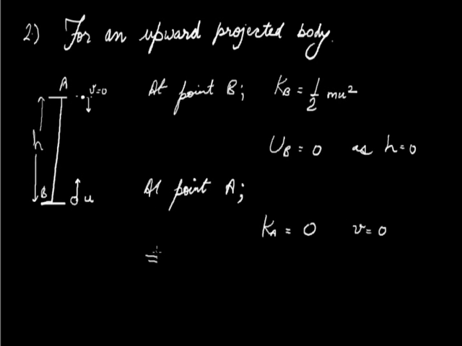Now what about the potential energy? It should be equivalent to mgh. So we write Ub equals mgh. For the value of h, we have to consider the third equation again. The final velocity: v squared equals u squared minus 2gh. Because the acceleration due to gravity tends to decrease the motion, we can use this equation. Here I have used the negative sign to show the deceleration.